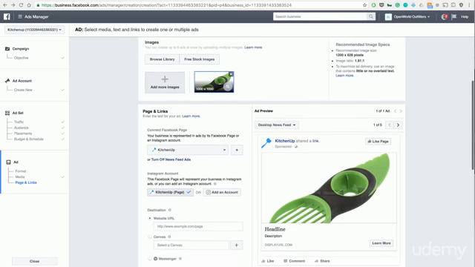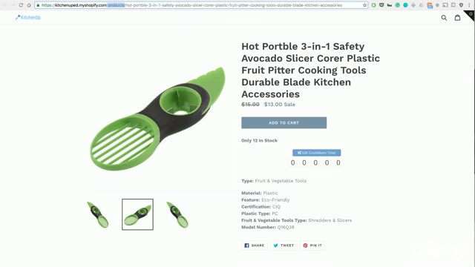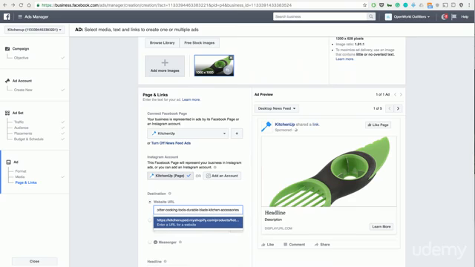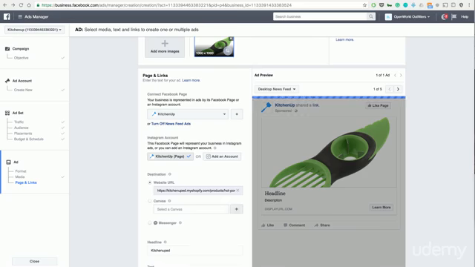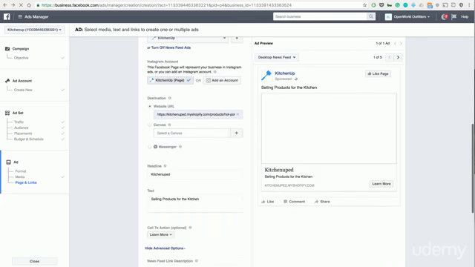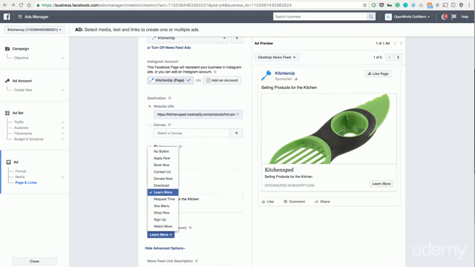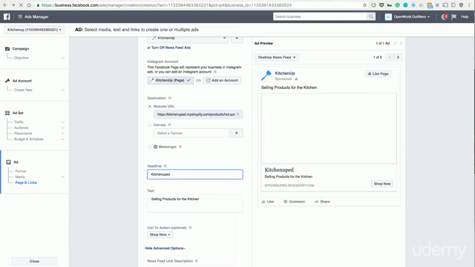And then you have the page selected. Now you go back here, you want to choose the URL of the product and type that in here. Okay, so that will go right there, and now when people click out, it'll go directly to your product page. Also, instead of doing Learn More, I usually do Shop Now, so people know that they're buying something when they click. The headline can be